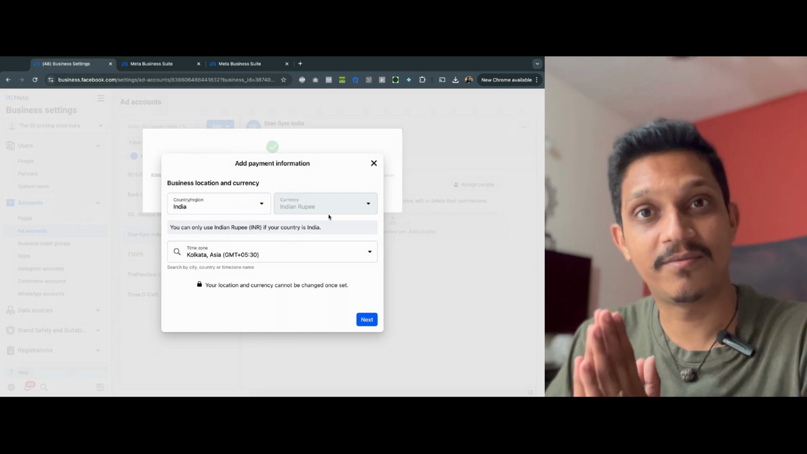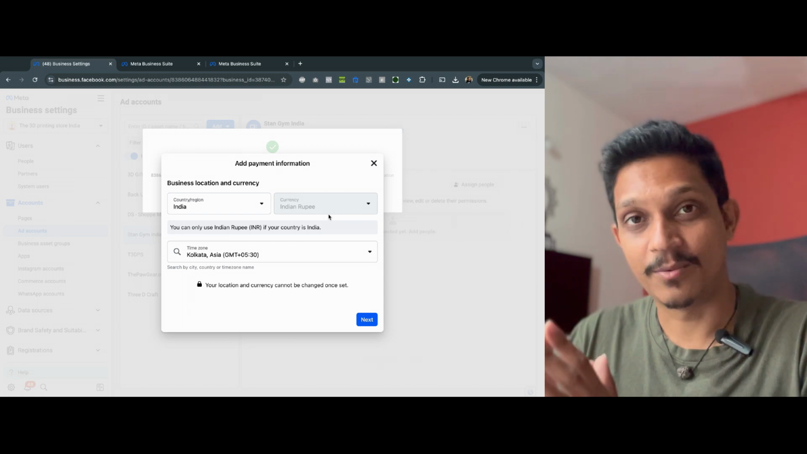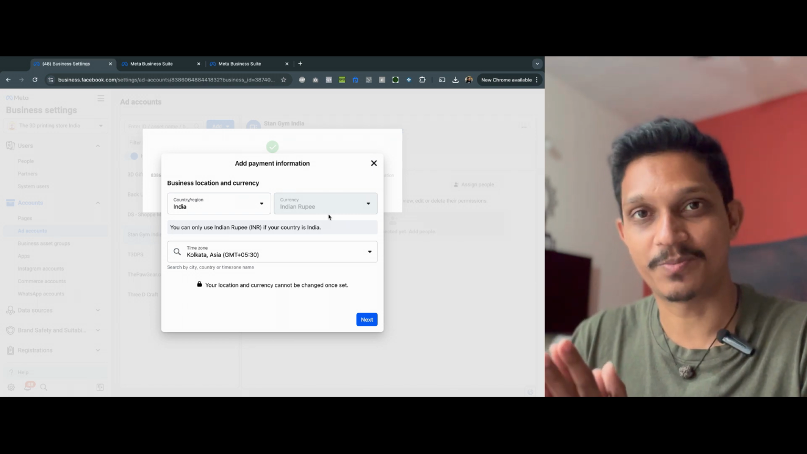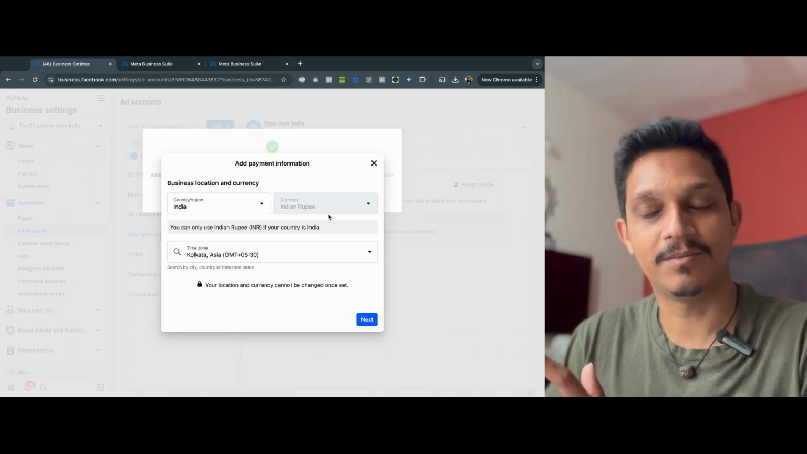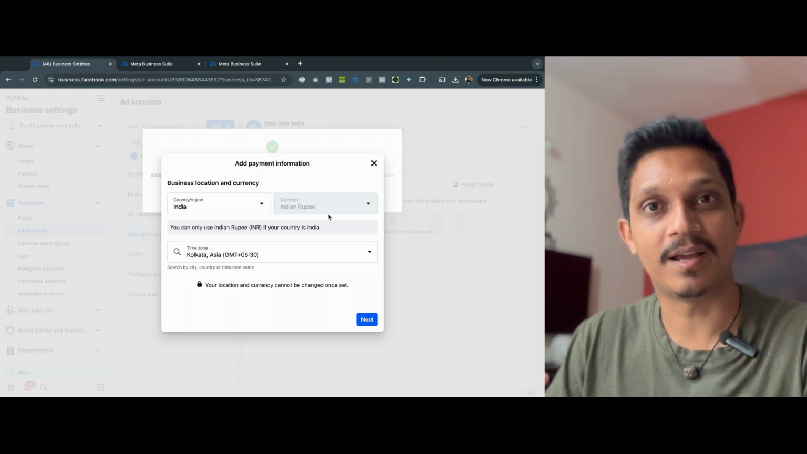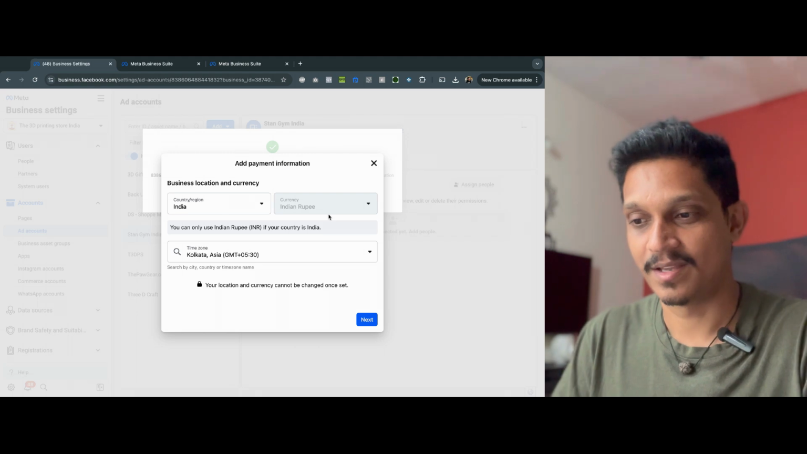I would definitely advise you against having a postpaid account, because there are chances of your budget being expended a lot more, and then you won't be in control of your spends in FB ads. So yeah,